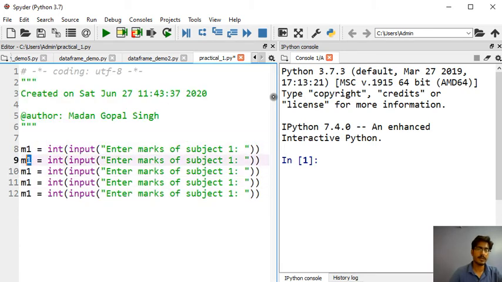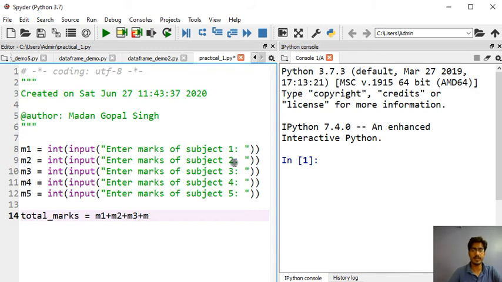For your convenience, I have copy-pasted and we will change it here: enter the marks for subject 2, subject 3, subject 4 and subject 5. Now we will add total_marks equals m1 plus m2 plus m3 plus m4 plus m5.